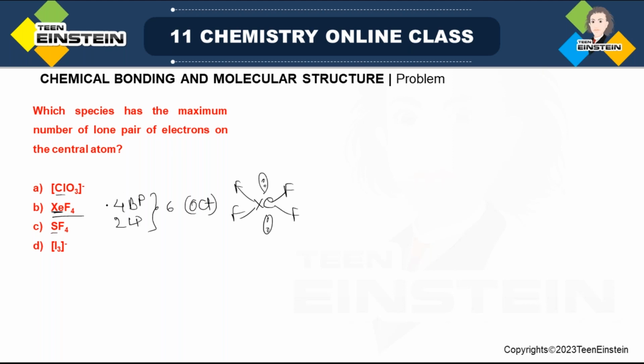Fine. So I will also do it for ClO3, because sometimes you do not want to use that formula and you want to do it in this way. I'm just showing that. So for chlorine, as it is from group 17, there will be a total of 7 valence electrons and 3 oxygens. Normally what we know, oxygen always forms a double bond, but you have to just focus on the sigma bond, not the pi bond. So 3 oxygens means out of these 7, 3 electrons will be used up in 3 bond pairs, that is the sigma bond I am talking about, and 3 used up,